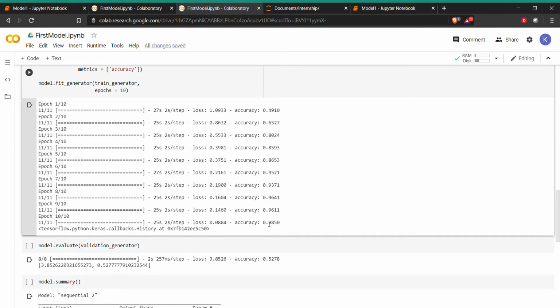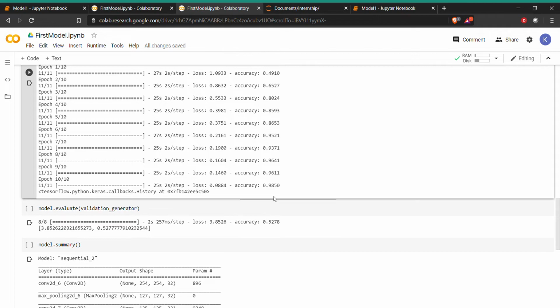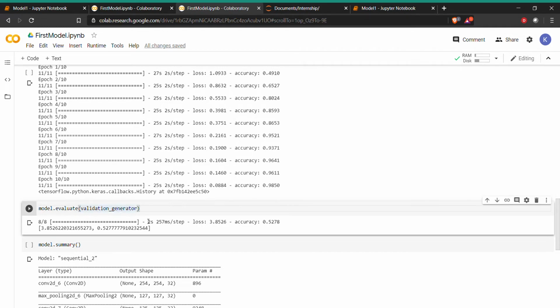That is surprisingly high, and most probably there is some overfitting also. The evaluation on our validation data, which is 30% of our data, gave an accuracy of around 0.52.